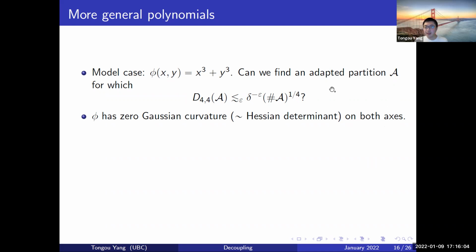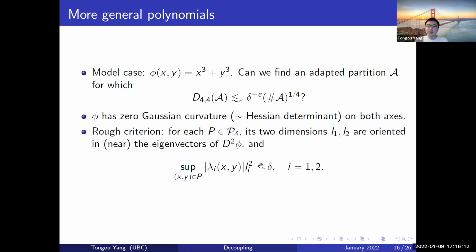Can we find an adapted partition A for which the same decoupling inequality holds as does Bourgain-Demeter decoupling? And the answer is yes. So there's a rough criterion for selecting this partition in this particular case. We know that the function is given by the sum of 2 functions, one in x and the other in y. And for this reason,